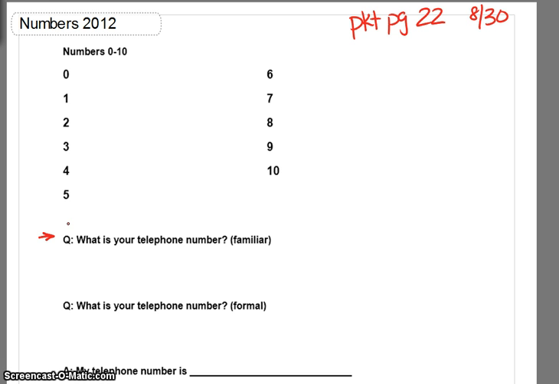So numbers 0 through 10. 0 in Spanish is cero, C-E-R-O. It looks almost exactly like zero, but you say it a little bit softer, so you change the Z to a C, cero. The next one, uno is 1, dos is 2, tres is 3, cuatro, 4, 5 is cinco,